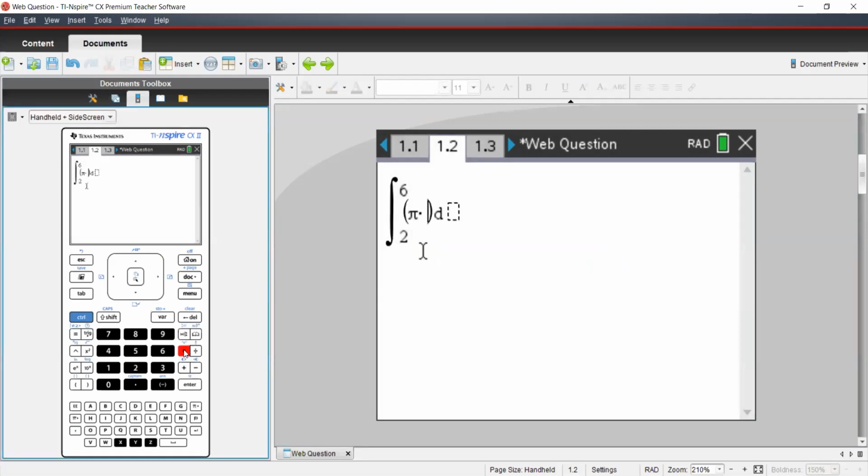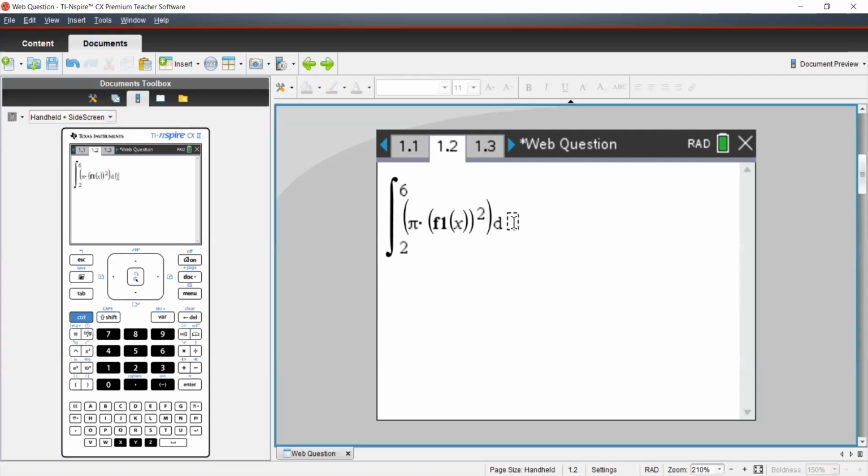So rather than writing the whole function, we are just writing the name of that function, f1 of x, whole square of this, dx. Press enter, you will get the volume. So the volume of my given function is 1309.4 cubic units. So in this way, you can find the volume of the given functions.